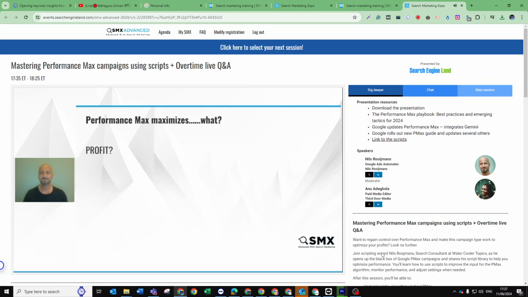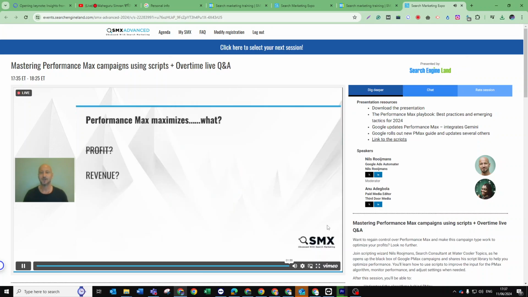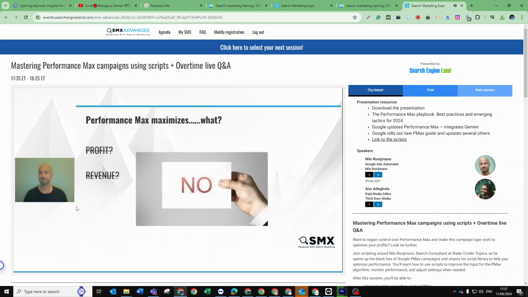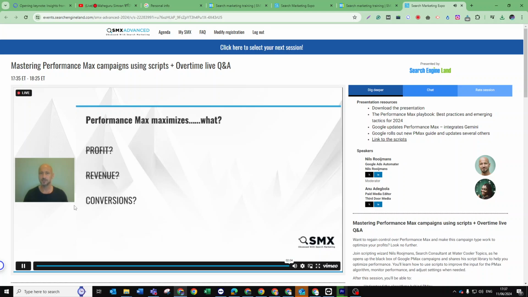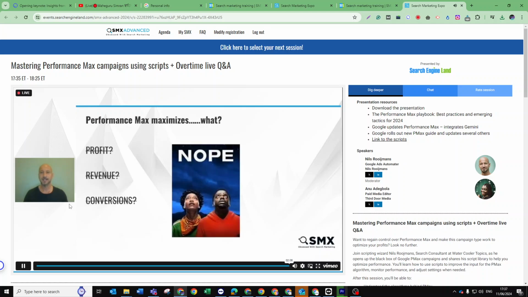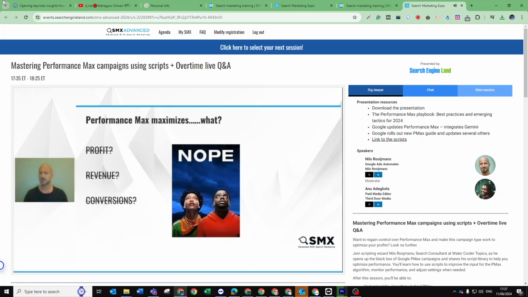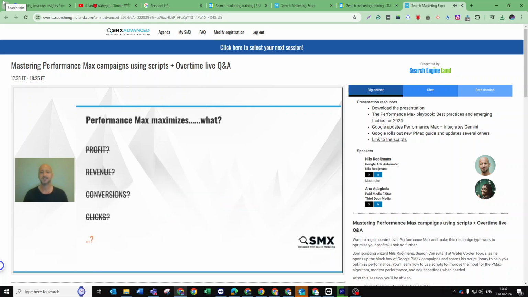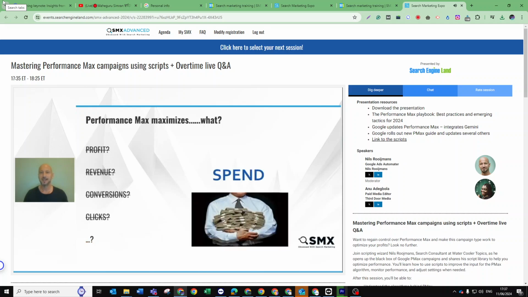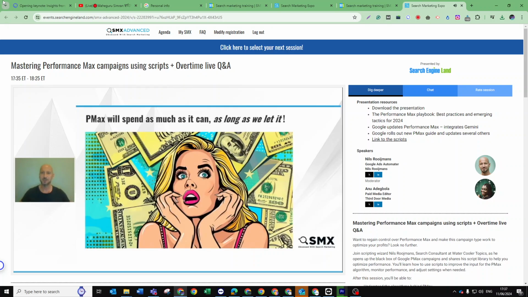My profits. Not so much. Well, then it must optimize for revenue, right? Maximize my revenue. No again. Okay, then surely it must maximize my conversions, right? Nope. Again, no. Well, if not conversions, then at least clicks? No again. So Performance Max maximizes what exactly? It's spend, your spend. Performance Max maximizes your spend, and it will spend as much as it can as long